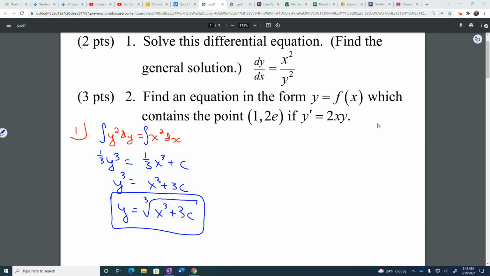This should be a general solution for the first one. Integrate both sides, 1/3 y cubed, 1/3 x cubed. And then multiply by 3 on both sides, just cancel out the 1/3 and make 3c. You can keep the general solution. The next one, so this one would be